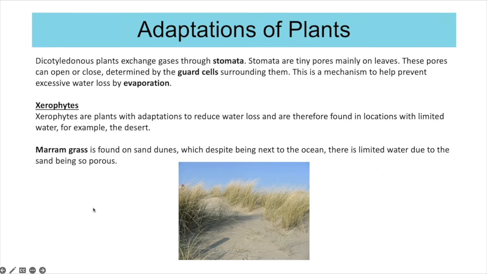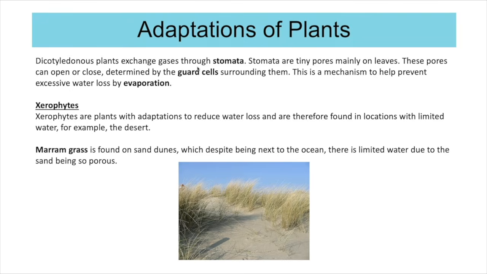You need to know some adaptations that plants have linked to the idea of transpiration, or reducing transpiration and reducing the water that can be lost from a plant. So plants have stomata, and we're going to be looking at stomata in more detail later on in this video. They're the tiny pores on leaves that can open and close to reduce water loss, but open to enable gases